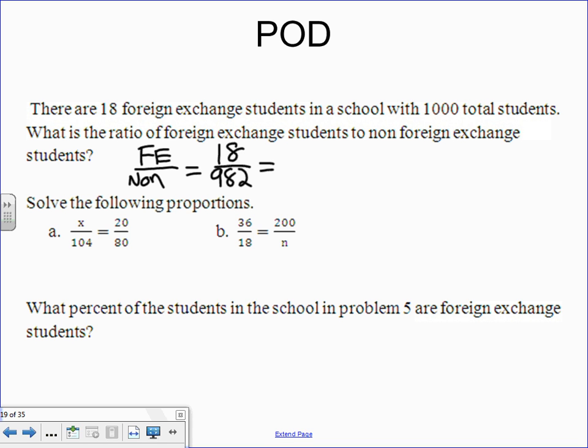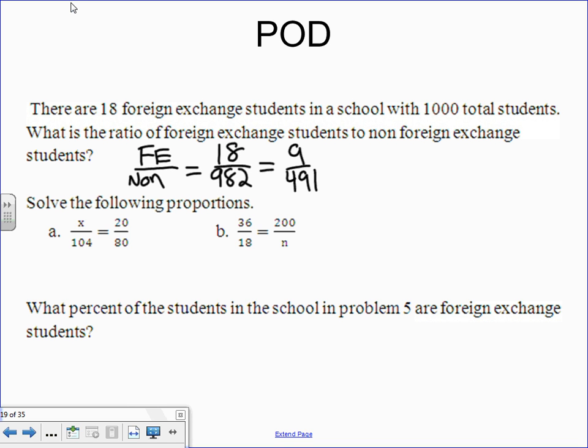Okay, and of course we need to simplify this. So if I simplify 18 over 982, that is going to simplify to 9 over 491. So the ratio of foreign exchange students to non-foreign exchange students in this high school is 9 to 491. Okay, for the next one here, A,